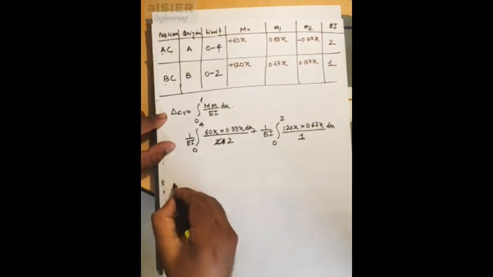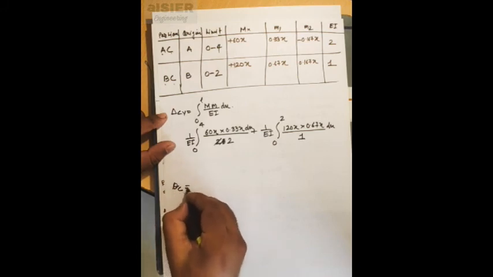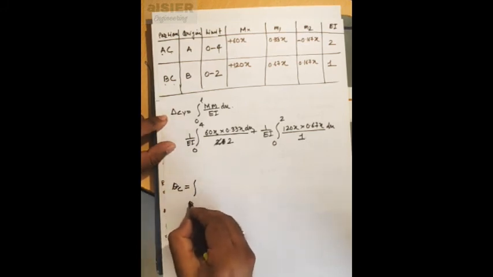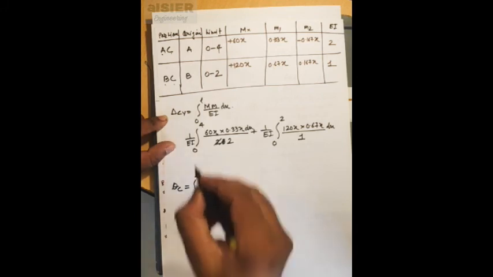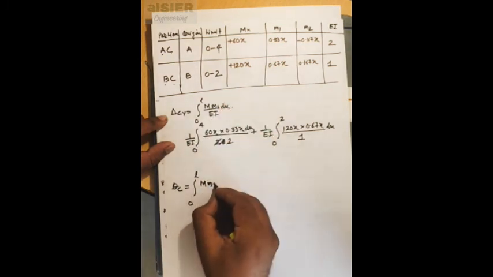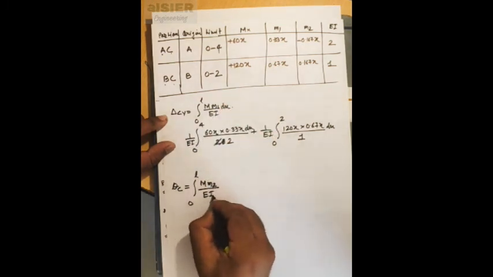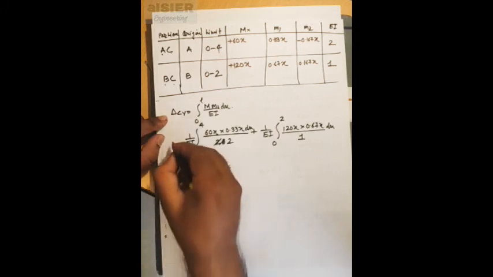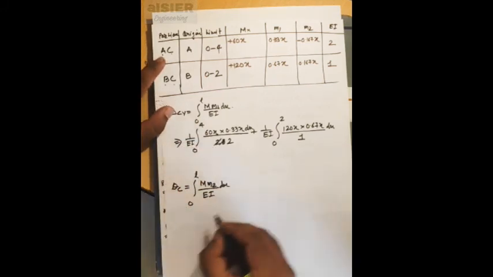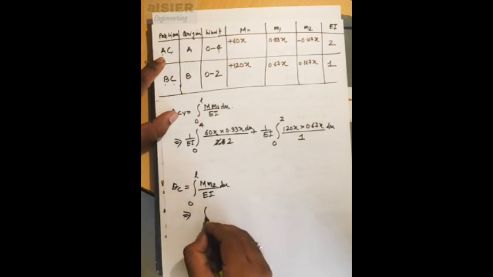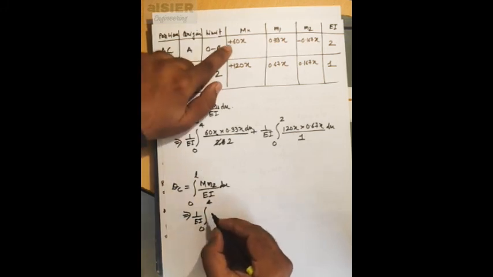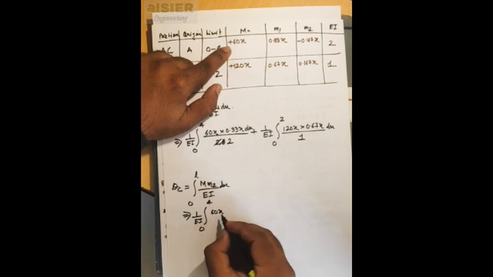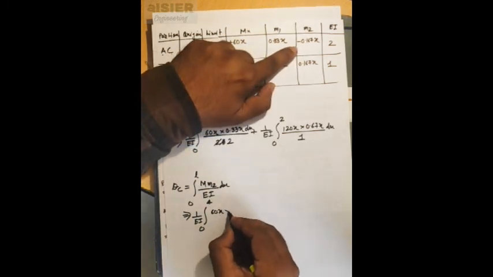Now we will calculate theta C, rotation at point C. So here it is integral 0 to L of capital M into small, sorry, here it will be M1, here it will be M2 upon EI dx. So first we will calculate for region AC. So for AC 0 to 4, 1 upon EI, we will take it as common. So capital M is 60x and small m2 is minus